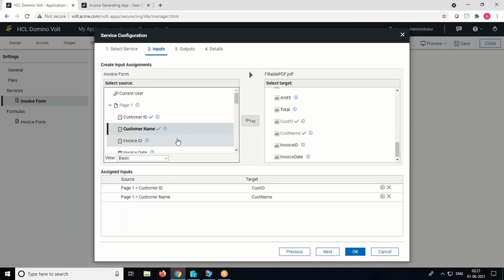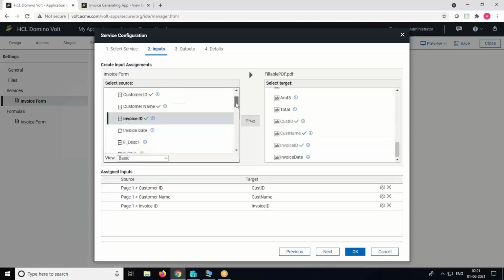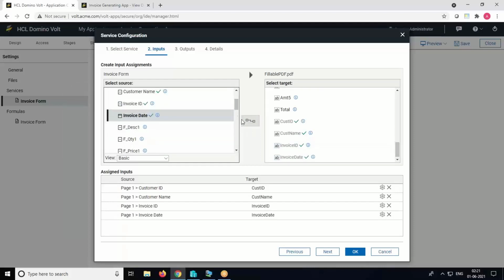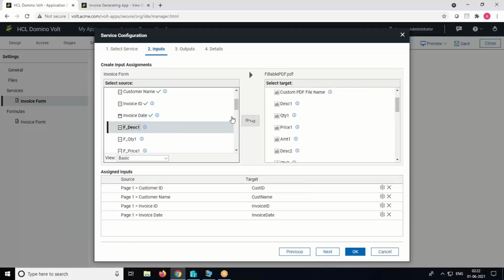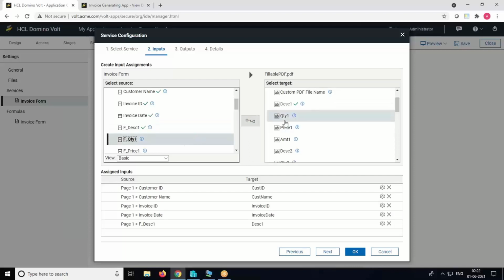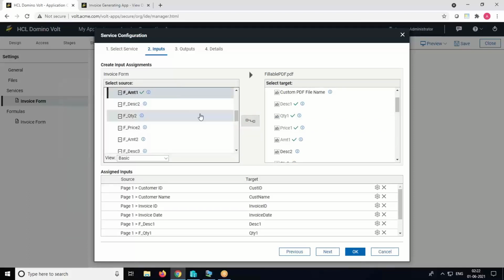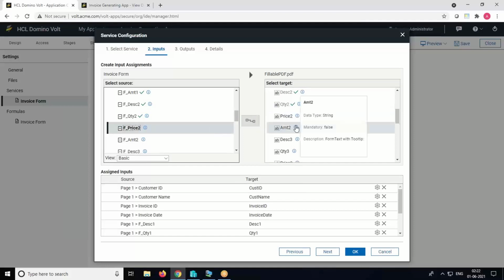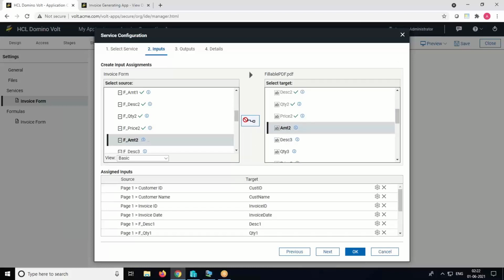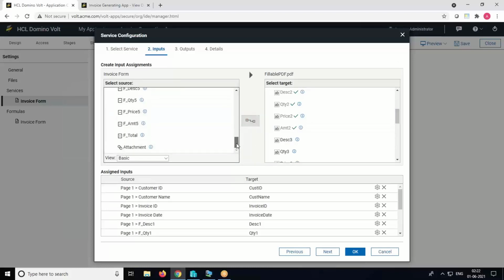Similarly, customer name, invoice ID, invoice date, and then the product related fields like description, the first row, quantity, price, amount, and then we will also map the second row, description, quantity, price, amount. Rest of the rows you can map.